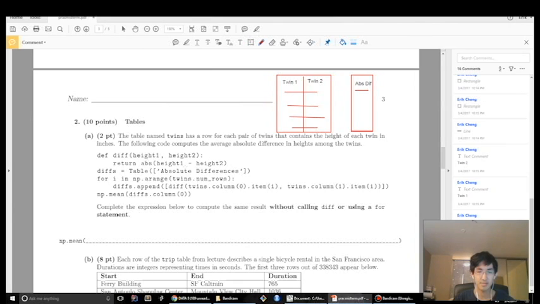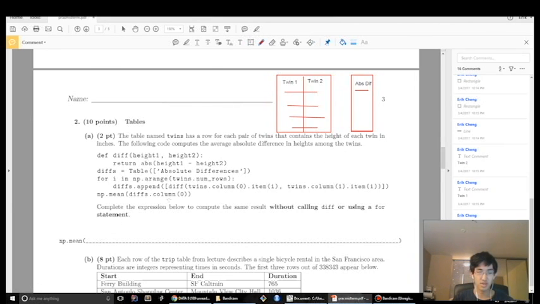And so you can imagine this whole loop just creates a new table with the same number of rows as twins, except each of the entries in this single column is the absolute value of the difference between the twin heights. And then this last line takes the average of everything in this single column that we have in this new table. So it's a really long and complicated way of just calculating